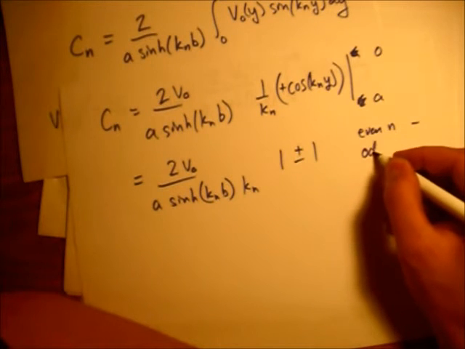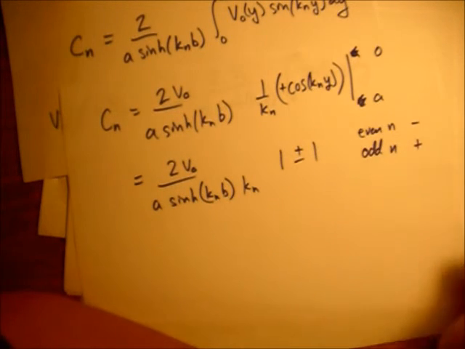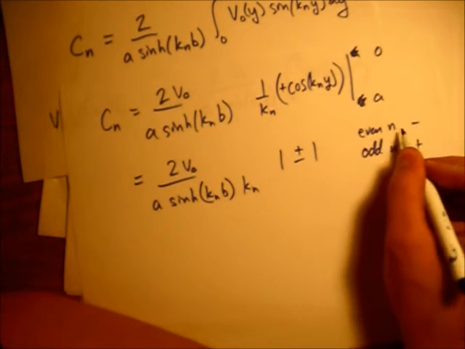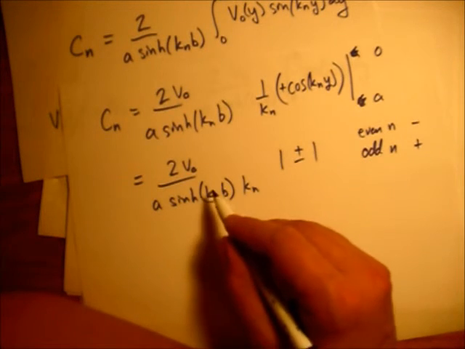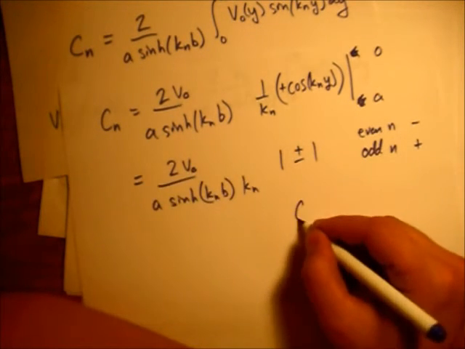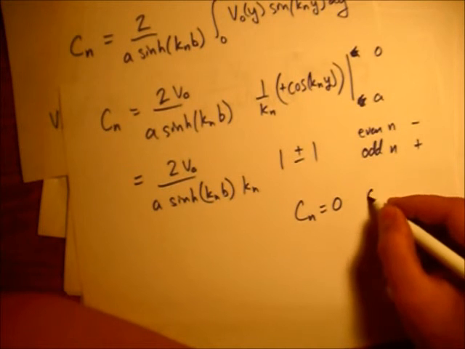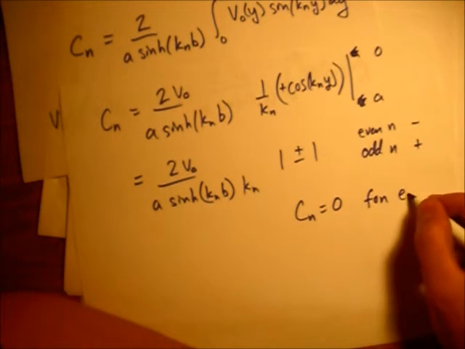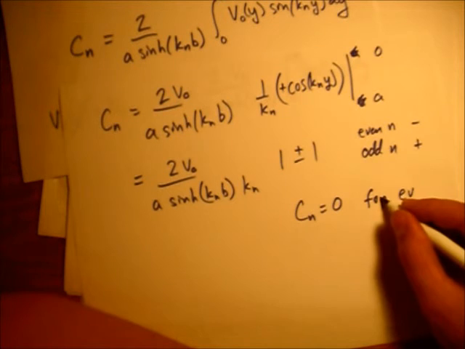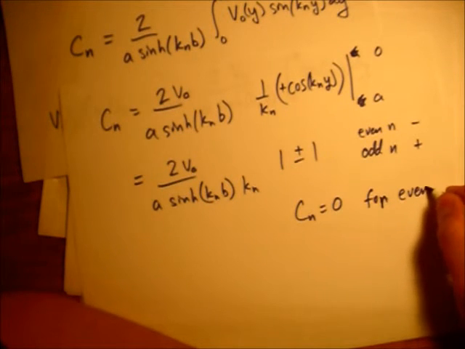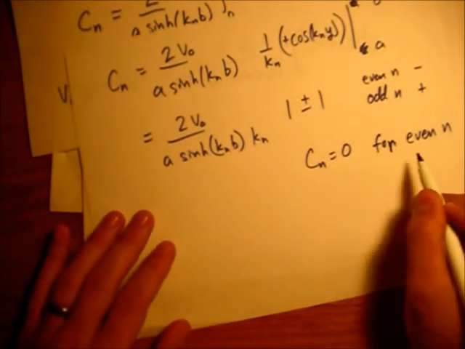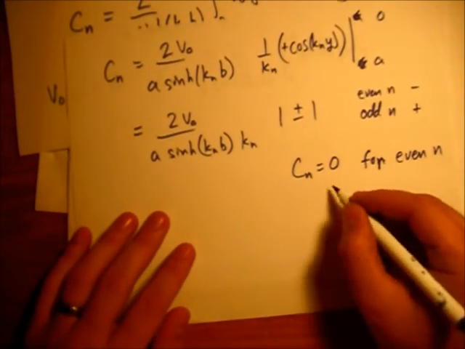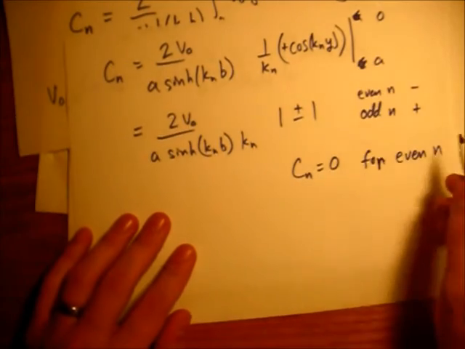And then for odd n, we get a plus. So for even n, when we get a minus sign here, 1 minus 1 is 0. And so Cn equals 0 for even n,